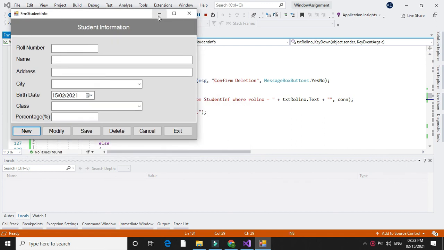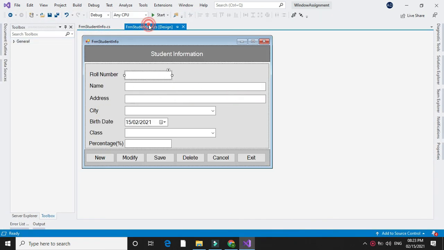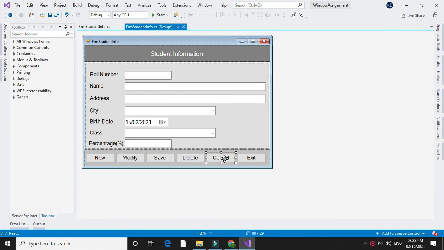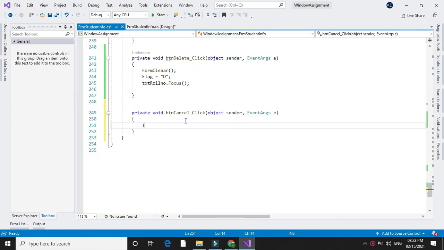Now if we are entering the data and without saving it, I want to clear the form by pressing the escape key, we will set the cancel button. For this, on the cancel button click event, we will set the flag equal to nil.